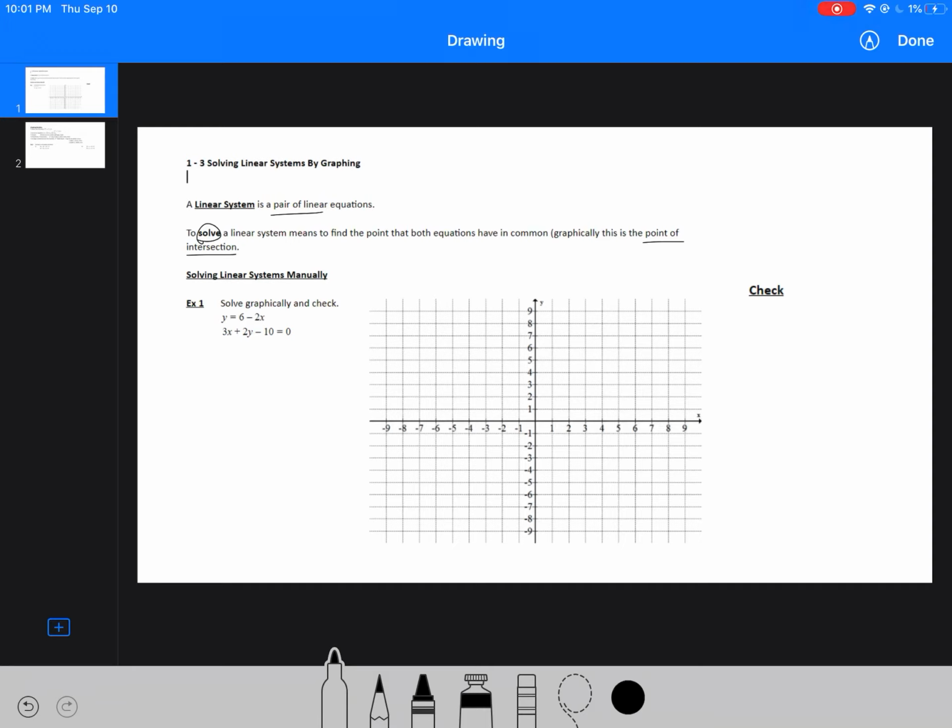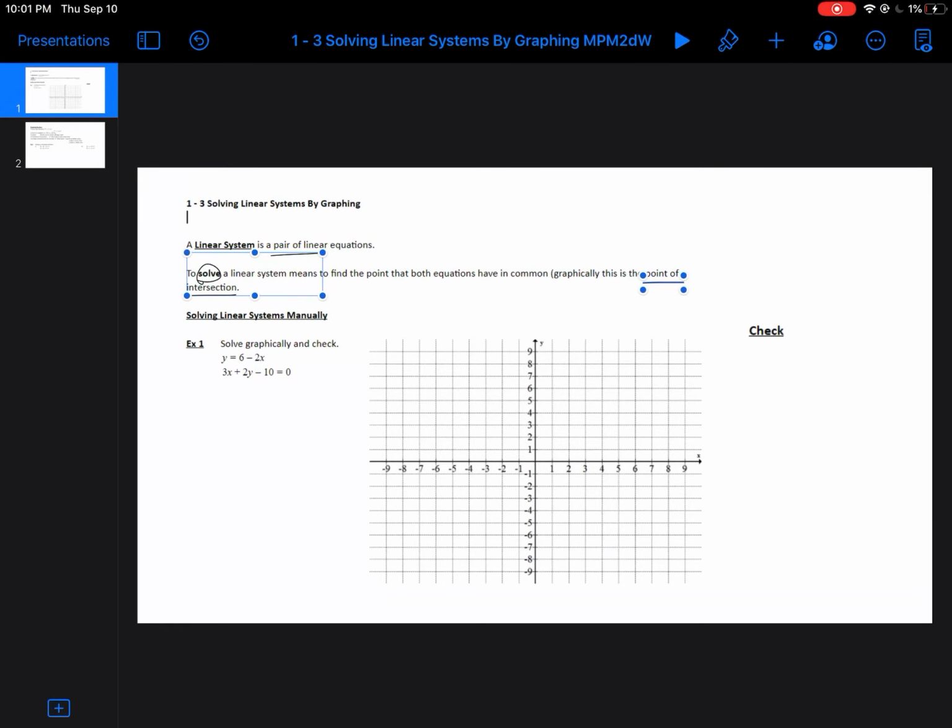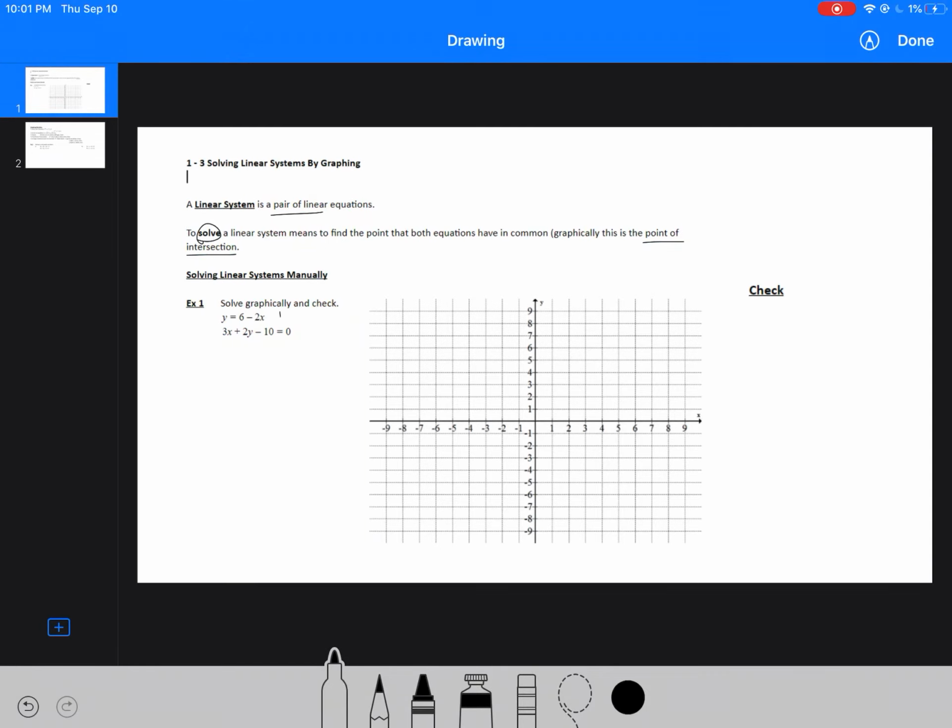In order to solve manually, you would graph two lines using an appropriate method, and then you can check your solution using the left side, right side method. So here, my first equation, y equals 6 minus 2x, I would graph using the slope y-intercept method. I can see that my slope is minus 2 from the coefficient in front of the x, and my y-intercept is 6. So here, I would plot my y-intercept, and then I'm going to go down 2 over 1 to get to my next point,